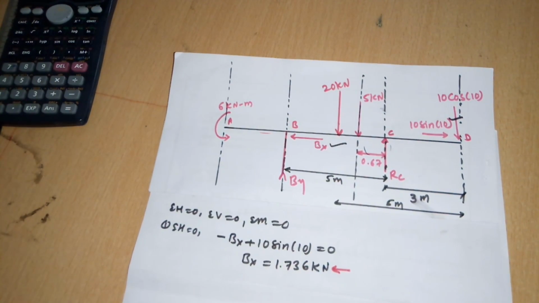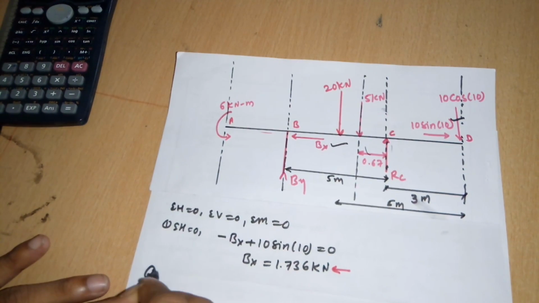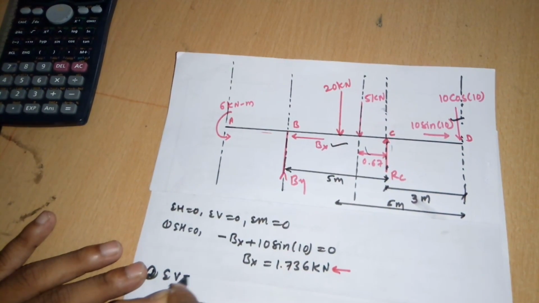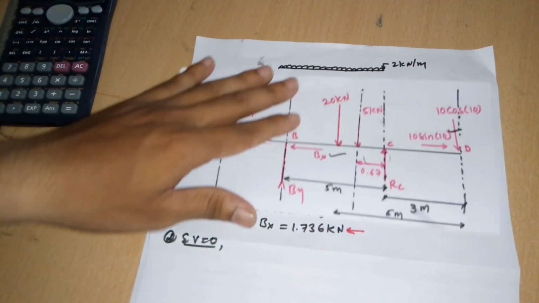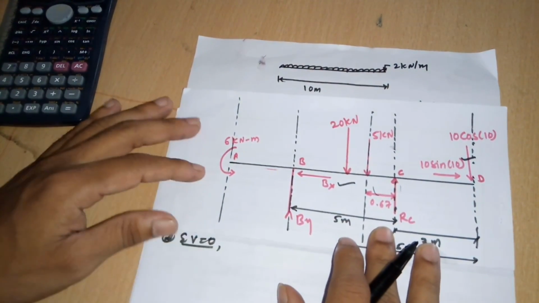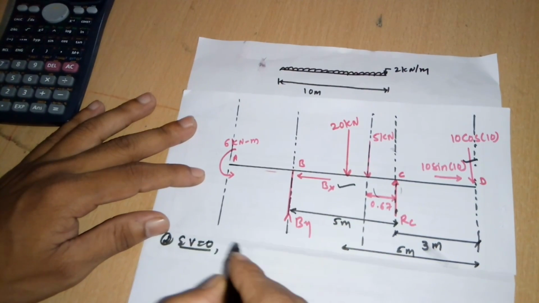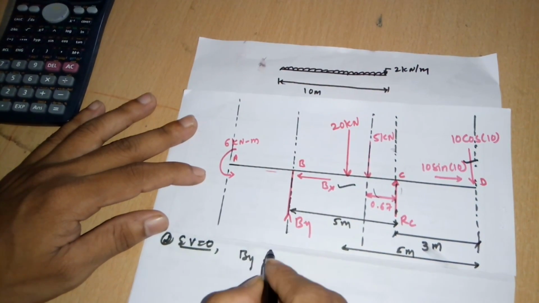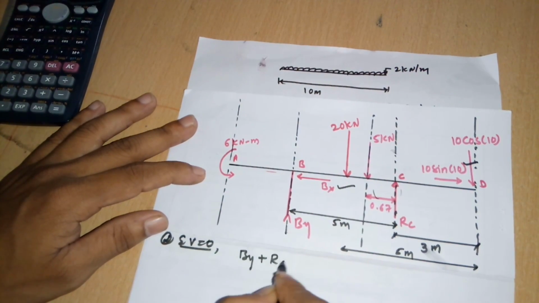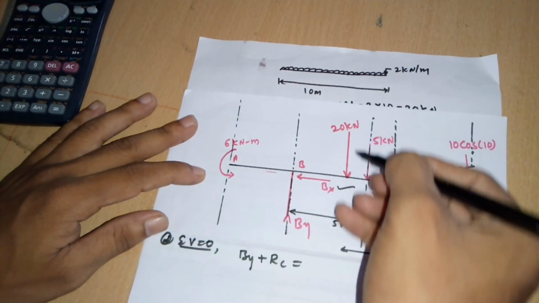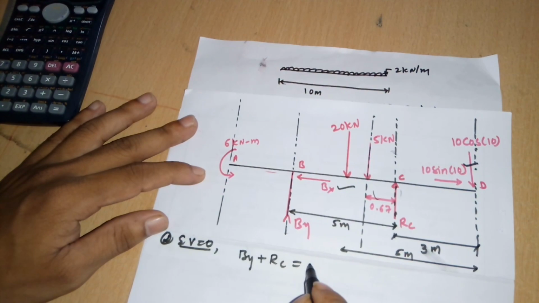Next use the second equilibrium equation, that is summation of V is equal to 0. Here it is By moving in the upward direction, it is By plus Rc moving in the upward direction. Rc is equal to 20 kilonewton moving in the downward direction. It is 20 plus 5 plus 10